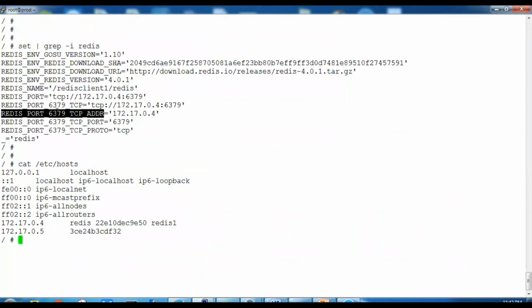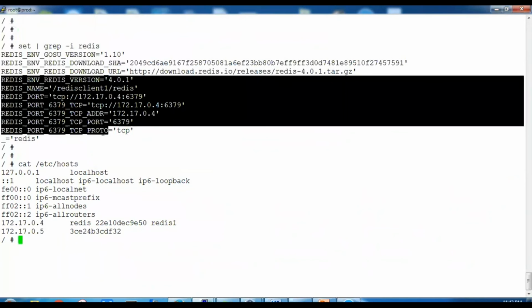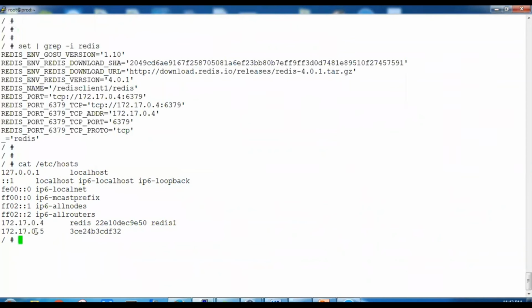So all the important variables are easily accessible to the Redis client, and it is easily able to access the Redis server, right? This busybox, that means our Redis client, can easily access the Redis server, and between them is a secure communication. So we achieved this by linking the two containers. Thank you so much for watching this video.